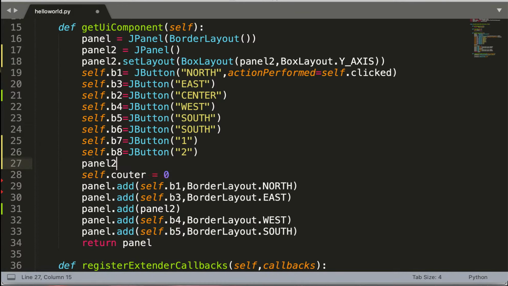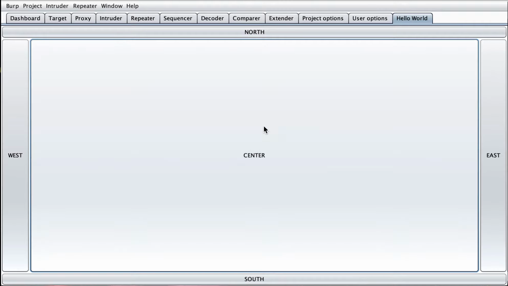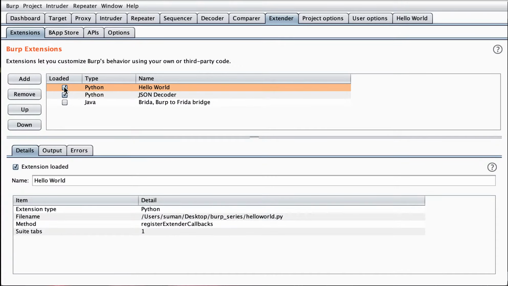It would be panel2.add, and I'll be adding self.B7 and obviously self.B8, and I'll be copying this and pasting here, and I'll be reloading this extension.